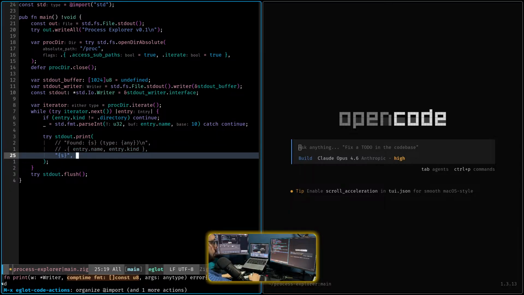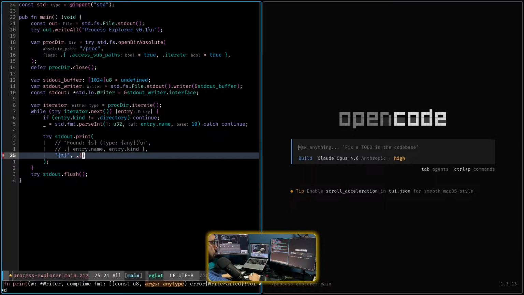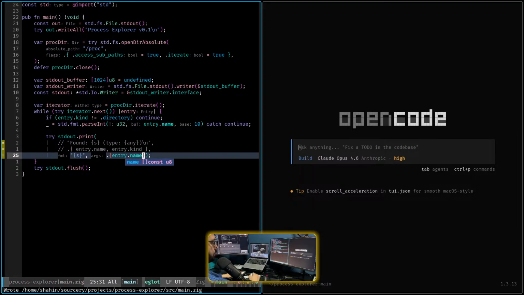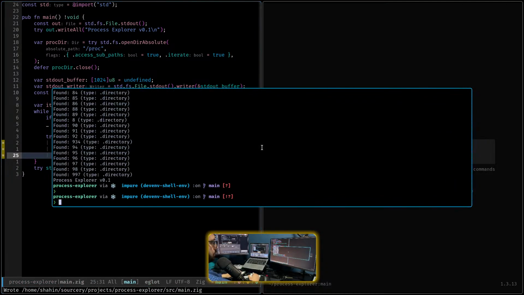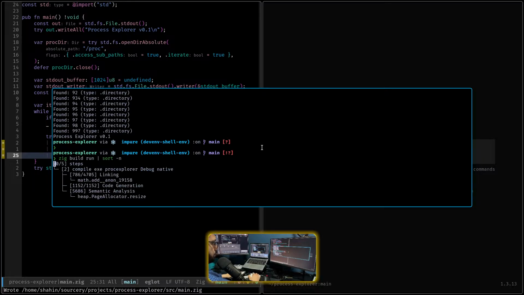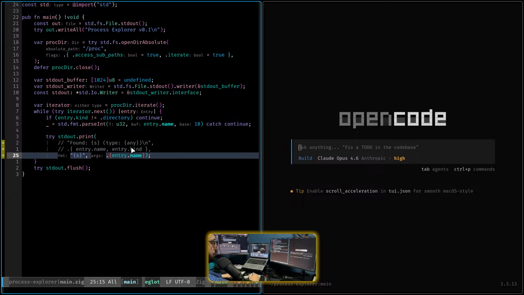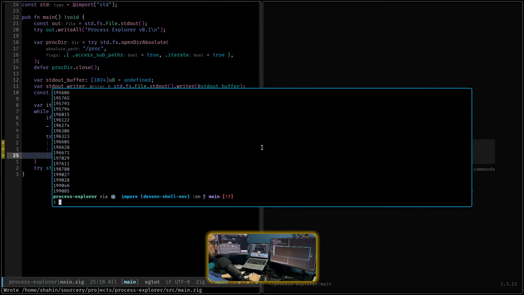Do an S and then entry that way. Now if I do zig build sort -n, oh, I needed a new line. I always forget this. Better now, and now I can compare it to